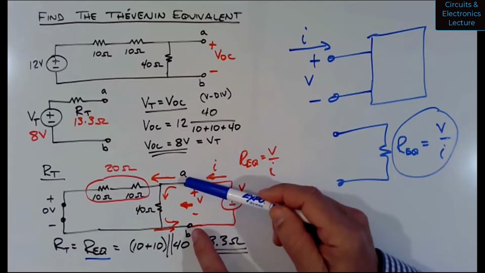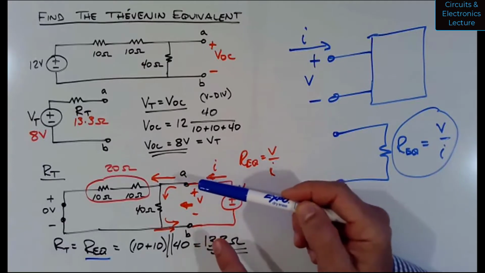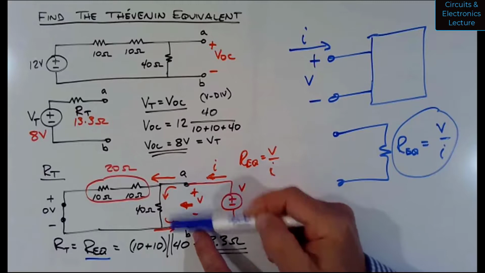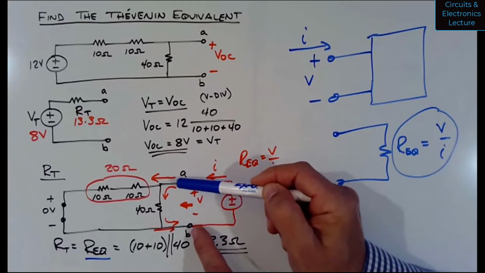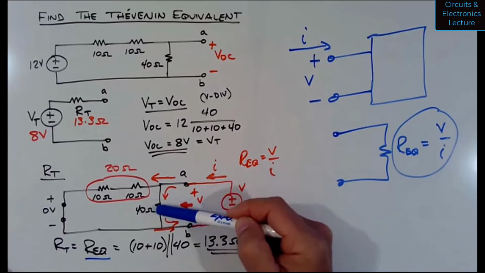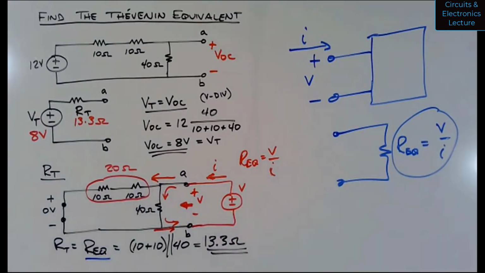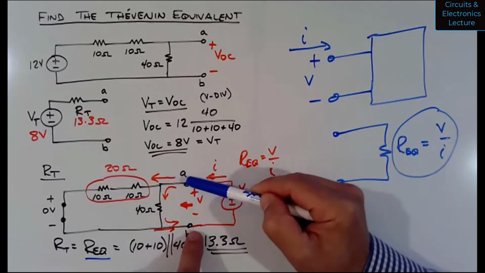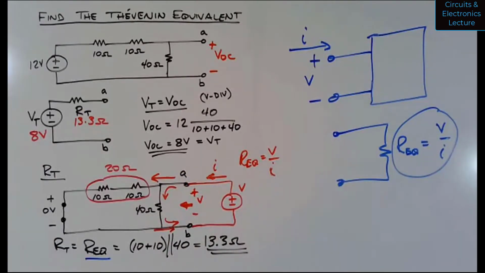But what you would see is that because you're applying a voltage between A and B, and you have a current flowing into A and out of B, that current would split. So the same current wouldn't go through the 40 ohm resistor and the two 10 ohm resistors. So they're not in series, but you can say that they connect to the same two nodes, as drawn in this circuit right here. So we can justify the existence of this sort of imaginary current by basically saying that